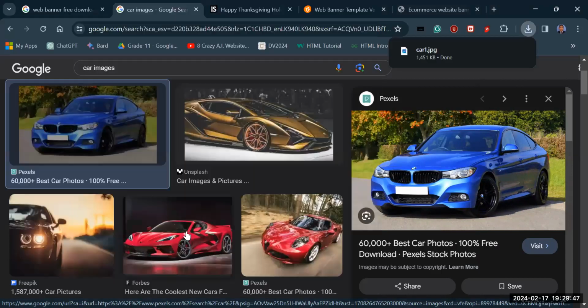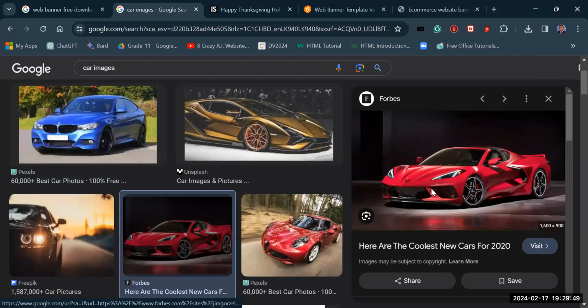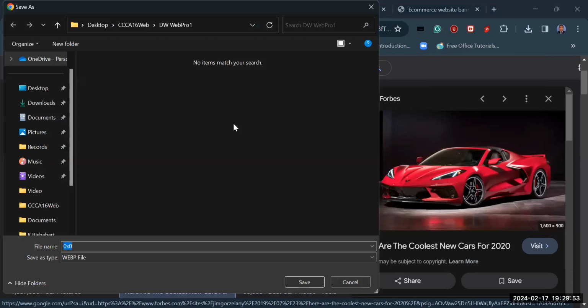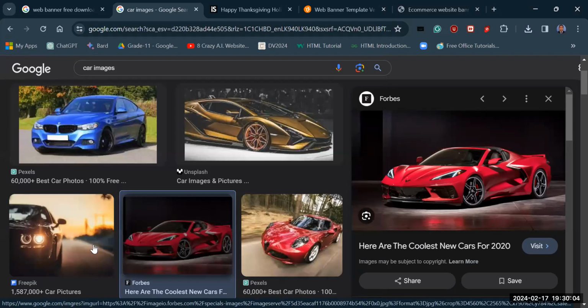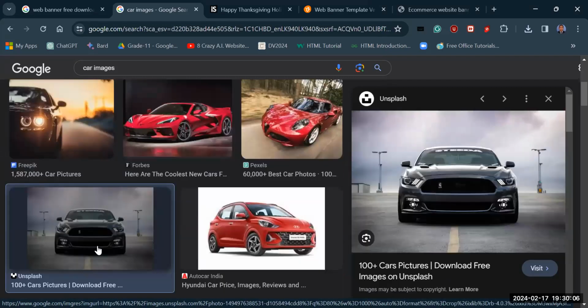Save it. This is going to be another one, right? This save it as save image, right? So car two. Here, this is the problem. Now this is a WebP file. Even a WebP file you can display, but don't get it because that is a different format, right? So save image as